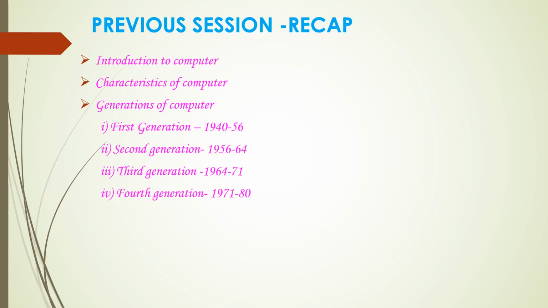Both IBM as well as Apple computers are developed. Then in the 5th generation computer, the year is calculated from 1918 up to till we are using the same computer. In this computer, the material required is ULSI, that means ultra large scale integration, isn't it? In this 5th generation, we are introduced a lot of things. That means parallel processing, supercomputer. The size of the computer is drastically increased.